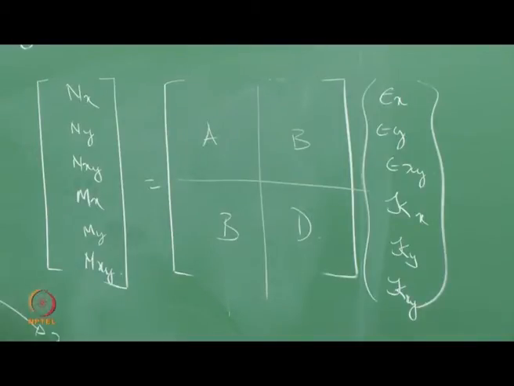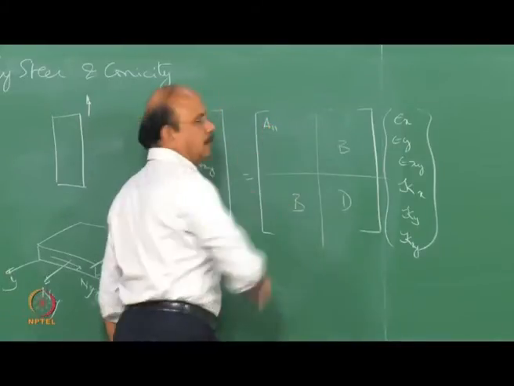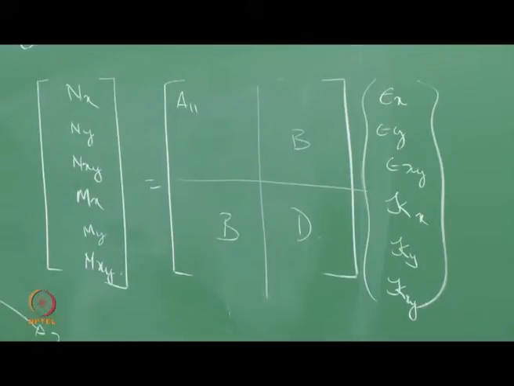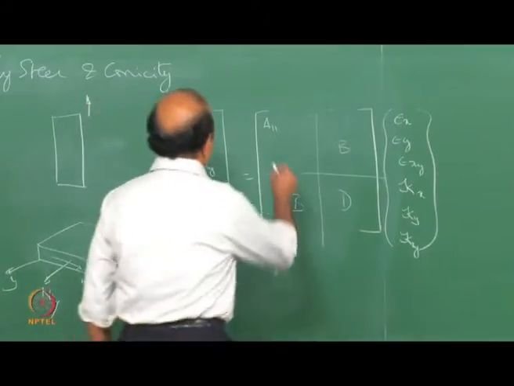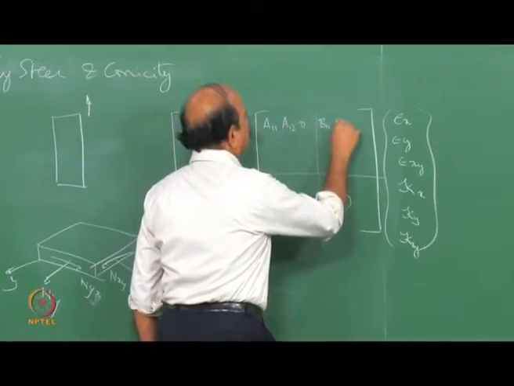Okay. Now, let's see what A is. So there are terms here. Let's not worry about how the terms are calculated. Any composite book will give you the terms and how they are calculated. So we will call them A11, A12, 0, B11, B12,